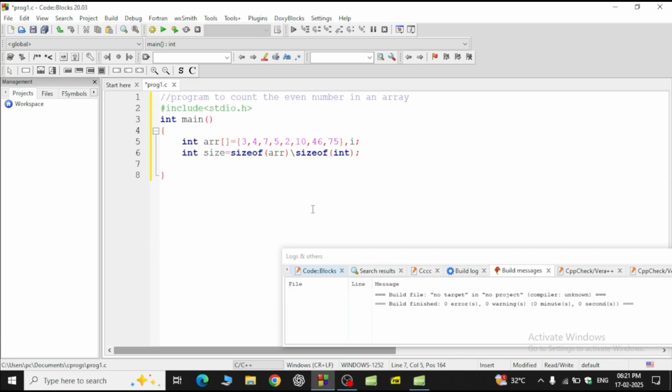Then we'll assign the for loop with the starting index i equals 0, because the index starts from 0. i is less than or equal to size minus 1. Why size minus 1? Every element in the array is